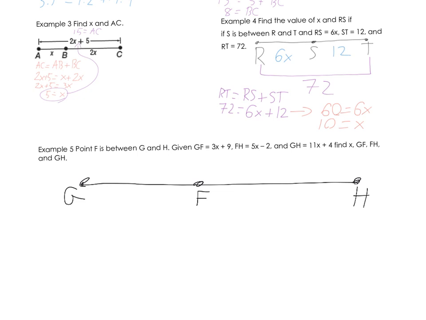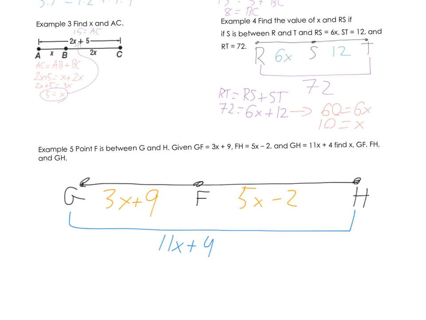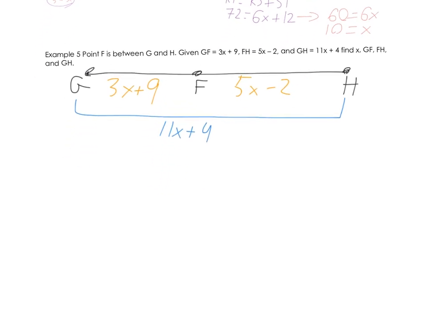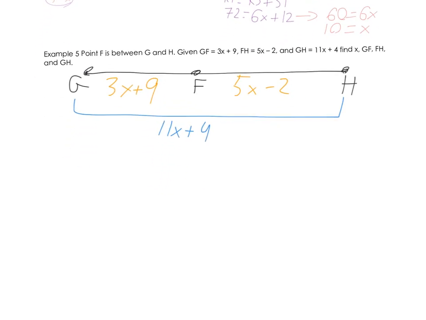GF is equal to 3x plus 9, FH is 5x minus 2, and the full length here from G to H is, where'd it go? 11x plus 4. All right, so let's set up our segment addition postulate such that